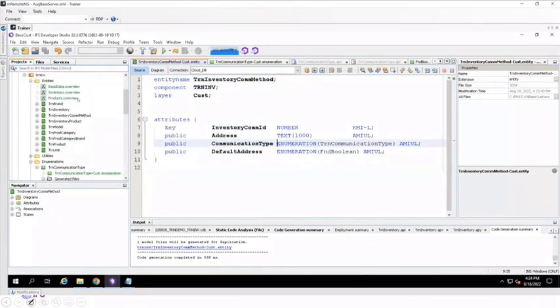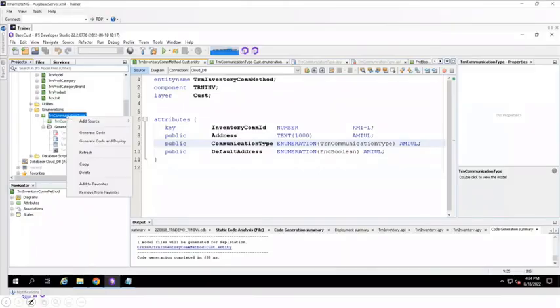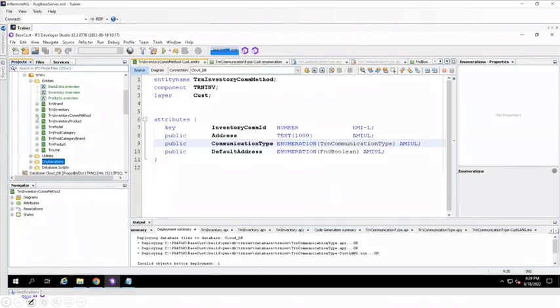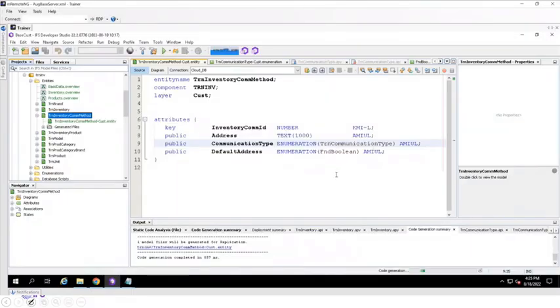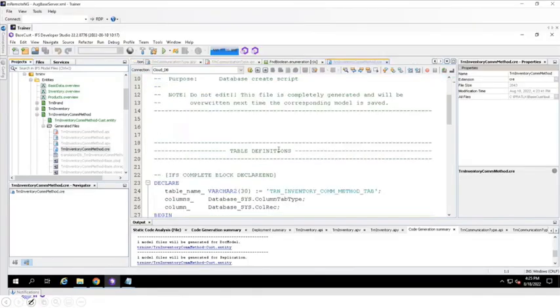Right? So once we're done, we can generate code. What I will do is first deploy the enumeration because it's something that I have created. And then I will generate the code in my TRN inventory com method, which I have created first. So you can see now the files are getting generated. I have the API, APV, APY, and CRE file. So you know that just deploying this will not work because the CRE file is not getting deployed in the